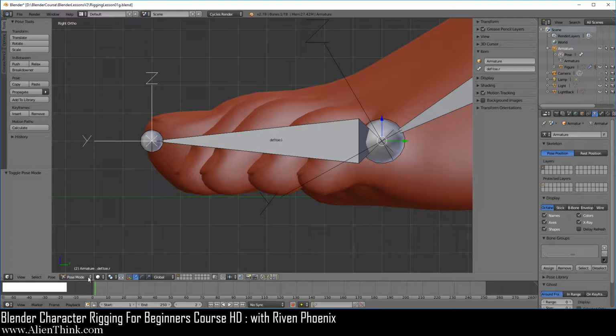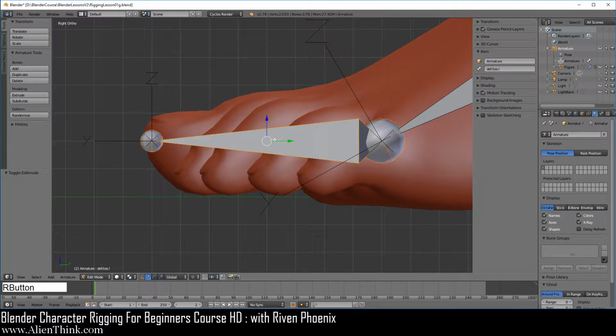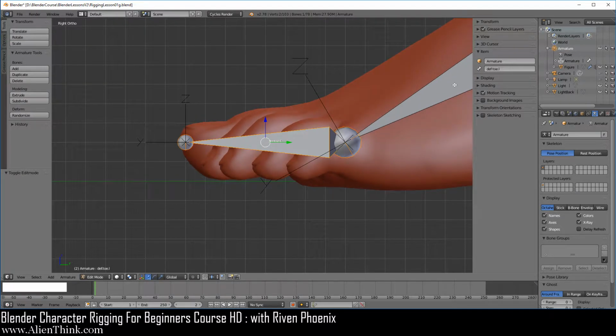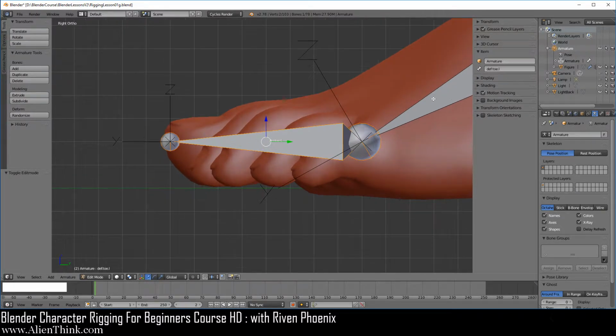Okay, now if we switch to edit mode and click on this bone, you'll see that it's supposed to highlight the head over here, but it's actually highlighting this whole joint, and this part actually is the tail that belongs to the foot.L. But notice that it's highlighting pretty much the entire bone, right? And of course it's going to behave the same way, where the axis is going to show up as black. Now if we click again, now we've selected the toe.R, and here we can see that the axis is being displayed as white. So what does this mean?